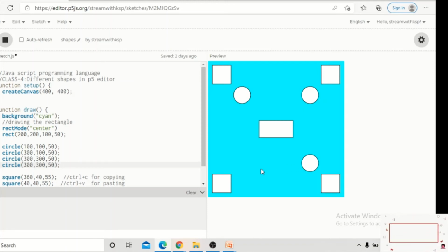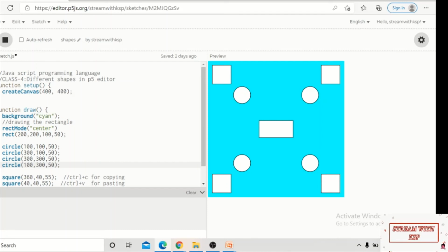Okay. So now I want to create the circle same like this at the bottom left side. So I'm going to decrease the first number. How much am I going to decrease? I'm going to decrease it to 100. So 100, 300 Y position will give you the circle like this. So this is the way to create different shapes in different positions.